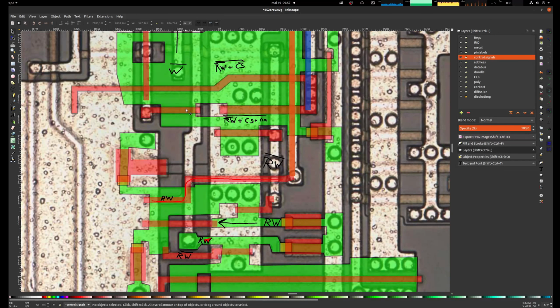So basically one of these two can pull this net to ground, and this net in the middle. And then you have here something coming from like an inversion of read or write here. I don't know really why it does it yet, but